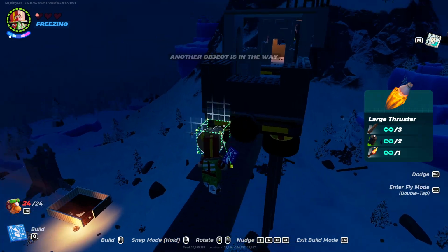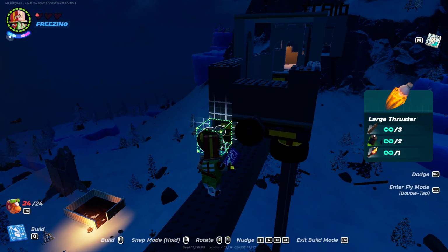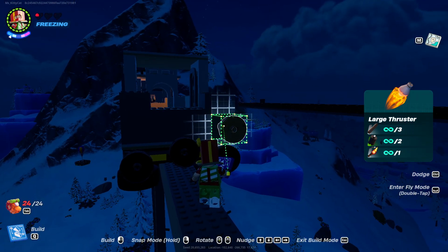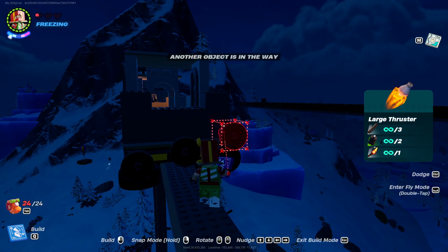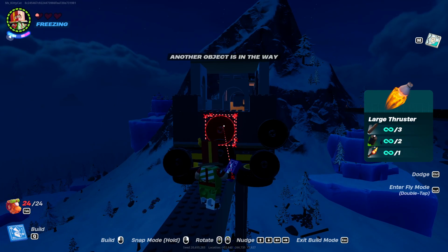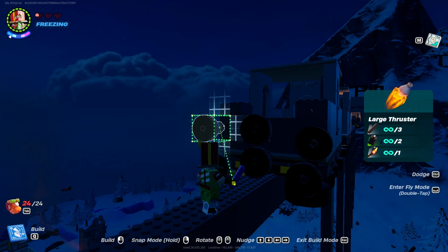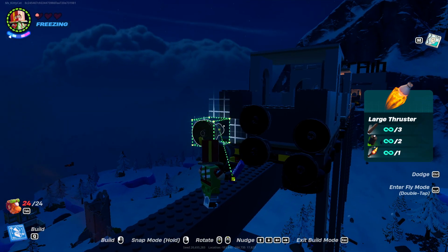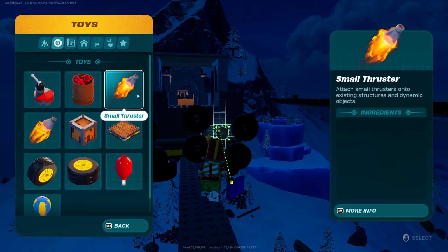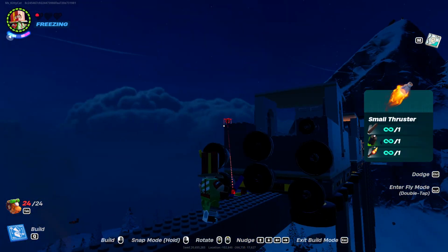You want to put this one here, corner, here, here. Then you add in your small ones, right over,